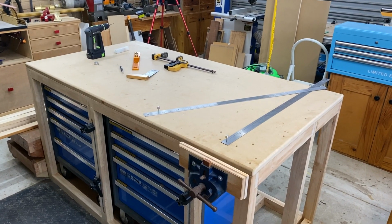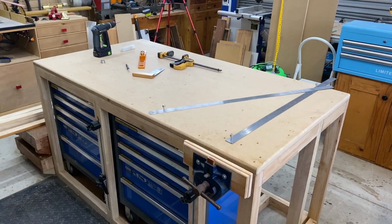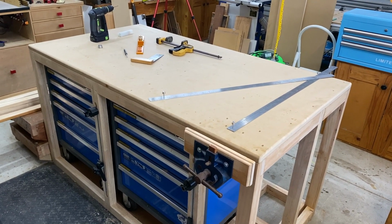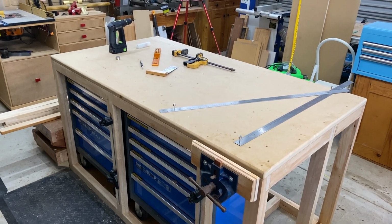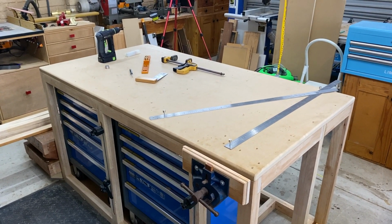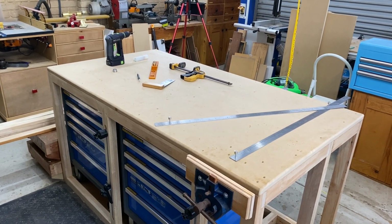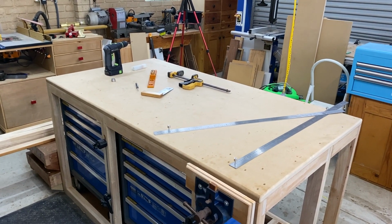Vice is in place, so the next thing to do is to drill out the dog holes on top. And I'm going to use the path guide system to do that. You've probably seen this before. It uses the 4-3-5 right angle triangle rule, if you like, to lay out a series of 3mm holes that you then go over and drill out with a 20mm drill bit to end up with MFT3 style pattern holes